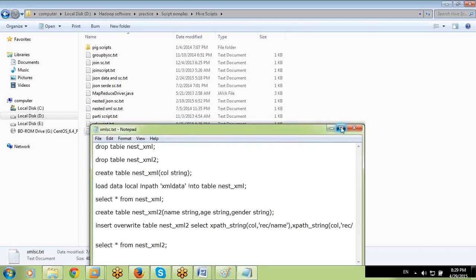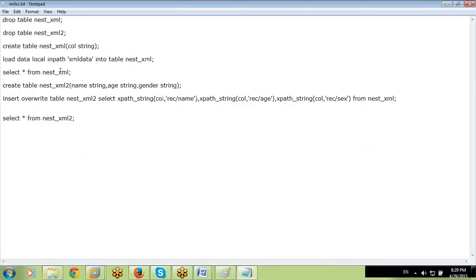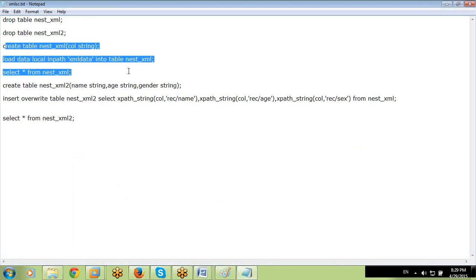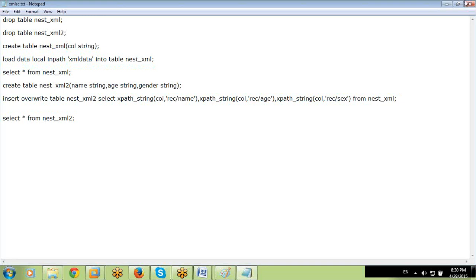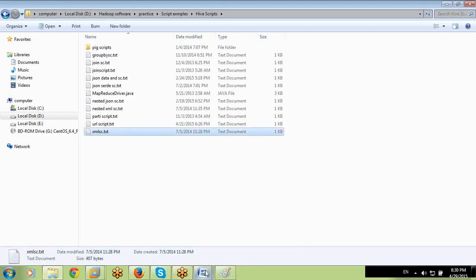See those XML queries, all queries are available here only: create table, load data, select star from table name, create table, insert overwrite, select star from, everything in one file. This is called a script example. Okay, now just for your clarity, one more concept.